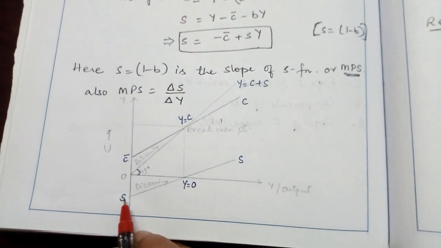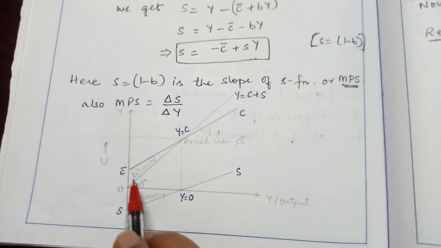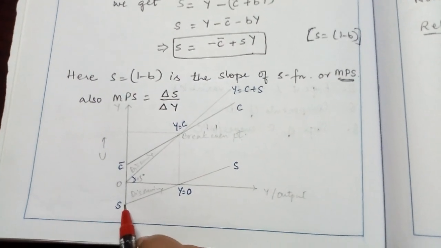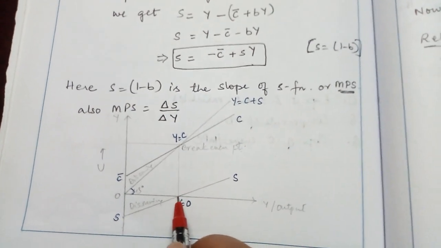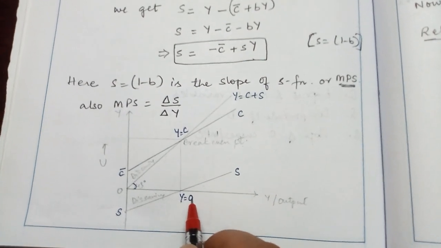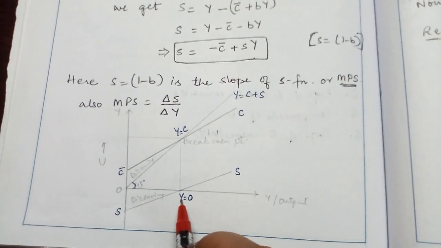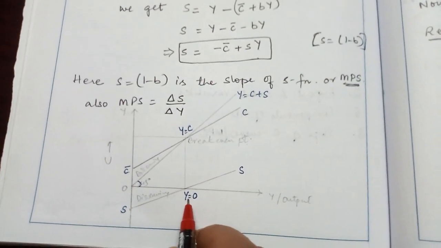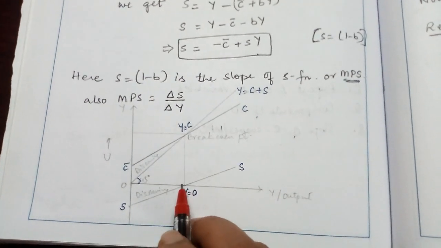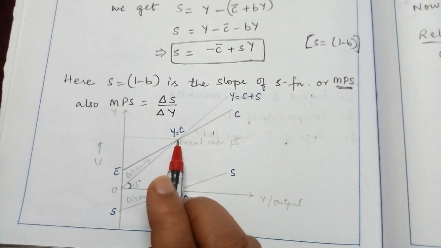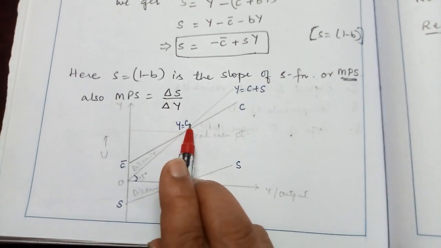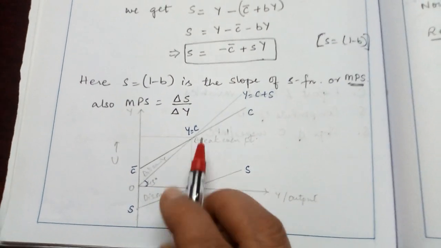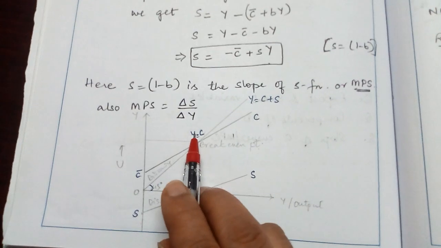Now if you look at the saving side, the autonomous consumption will be equal to the saving. Hence, here at this point, as long as the consumption was made from the saving, income will be equal to 0. This point will coincide with this break-even point where income is equal to consumption and saving is equal to 0, because there is nothing that is saved. All the income has been consumed.